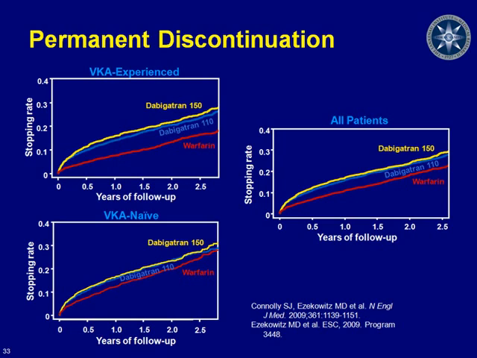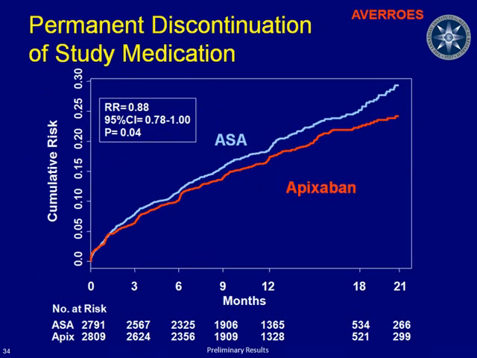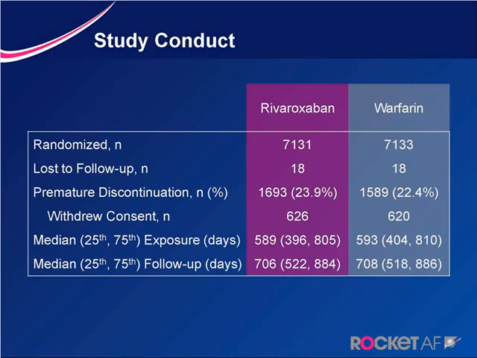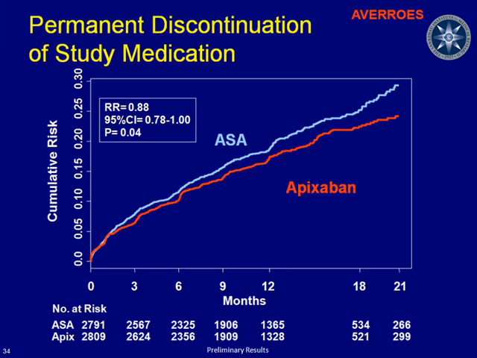The next slide shows data from the AVERROES trial, where the discontinuation rate was approximately the same as RE-LY. And the next slide shows the discontinuation rate in the ROCKET trial, which was about 22 to 23%. So one of the major challenges when these drugs are translated into patient care is to